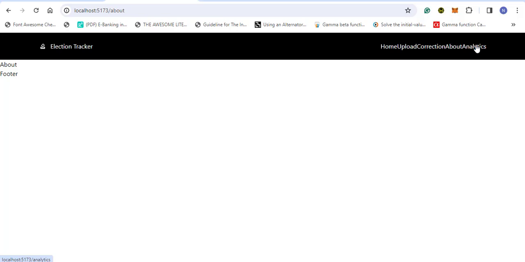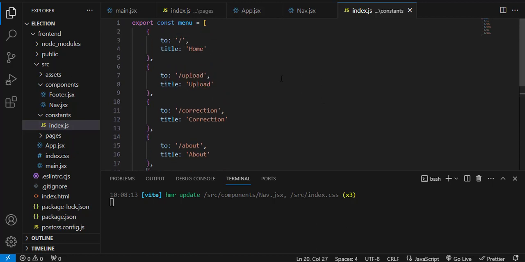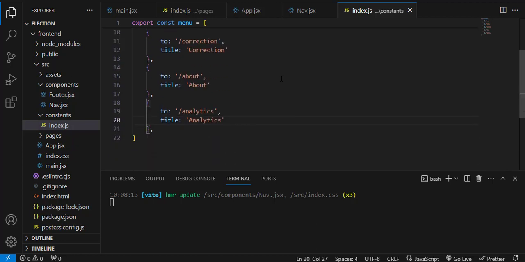Although if we click on analytic, it is going to tell us not found, because we don't have that endpoint. Okay, but that is the beauty of it. Your code is going to be more maintainable and easier to read, and you are making it more modular because you are separating the concern. Each thing is separated according to what concerns it. You understand? So let me remove this analytic,